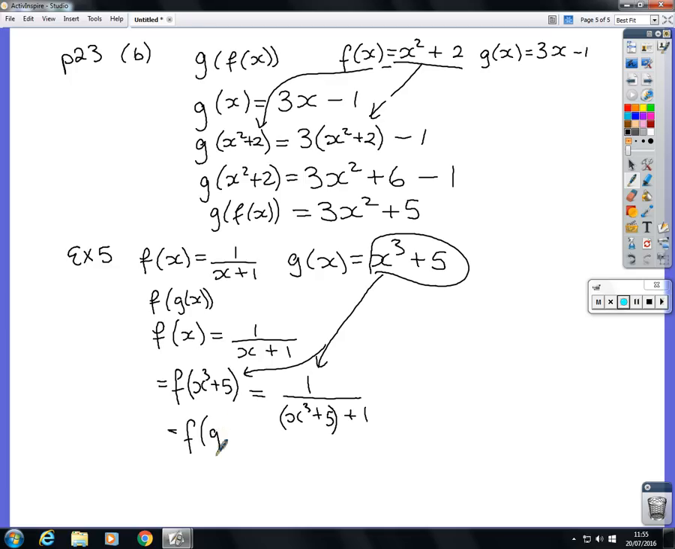So f of g of x equals 1 divided by x cubed plus 5 plus 1, which is 1 over x cubed plus